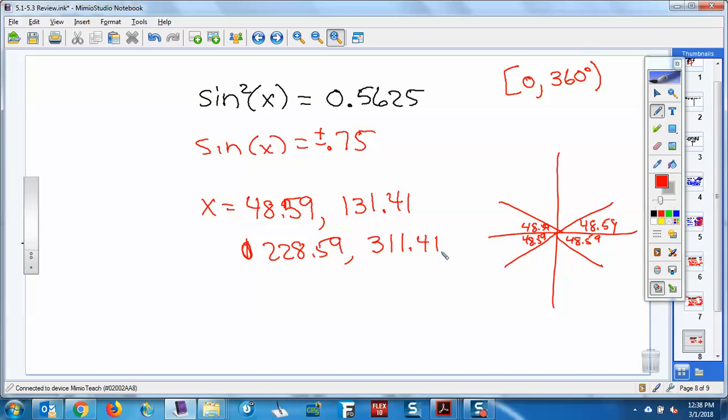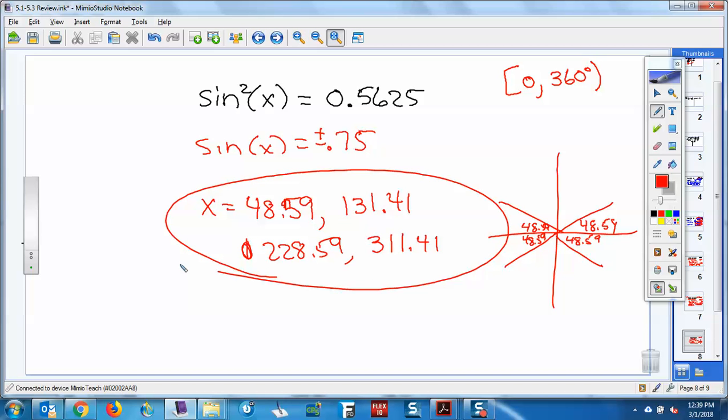Okay, so 360 minus 48.59, 180 plus 48.59, 180 minus 48.59, and then that. So those would be our 4. So just, yeah, remember when you square root both sides, plus or minus,